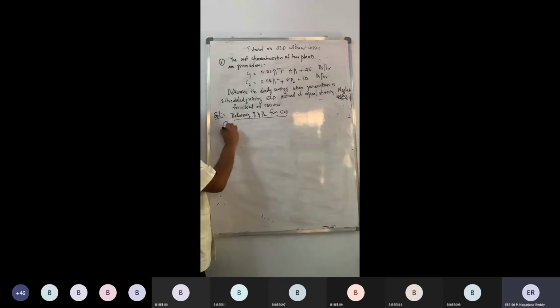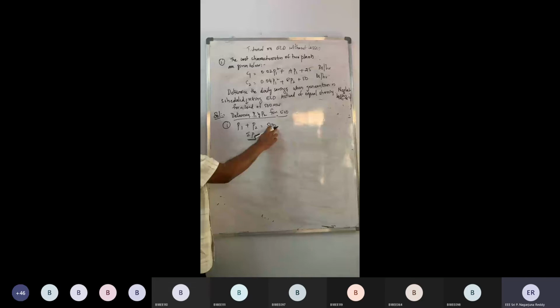So we need to solve two equations. The first equation is the sum of all generations, because P1 and P2 are the two generations of two plants. Sigma Pi is equal to the demand, P1 plus P2 is equal to 500. So this is equation number 1. Second equation,